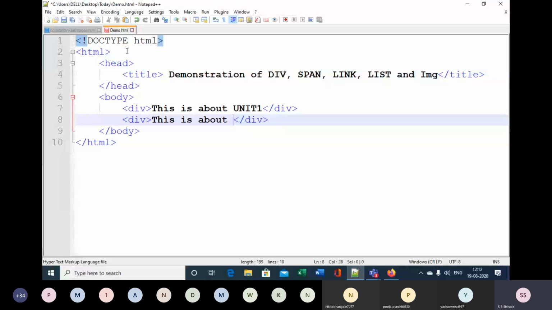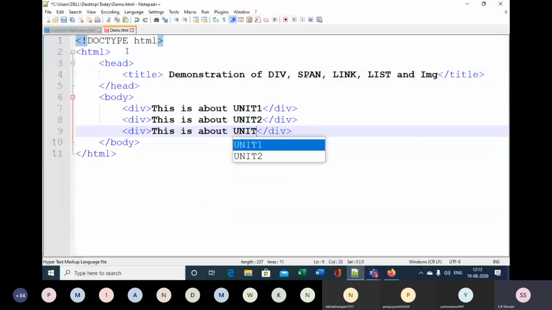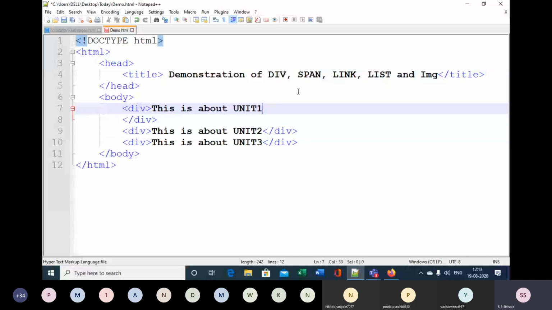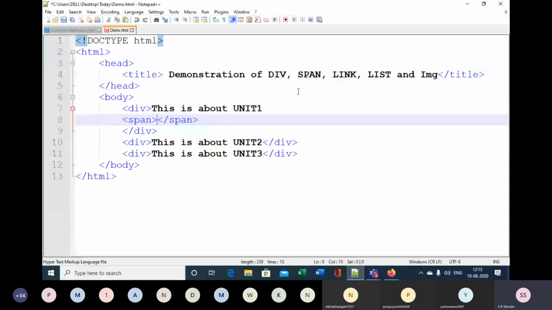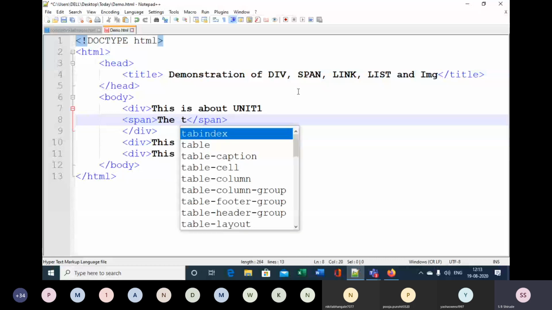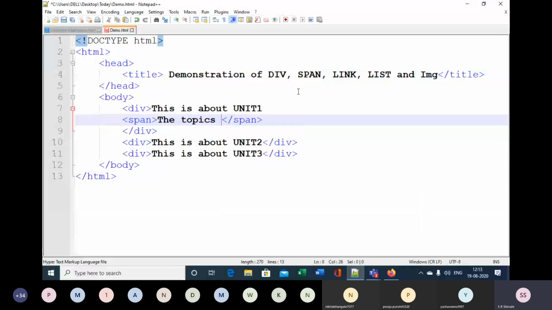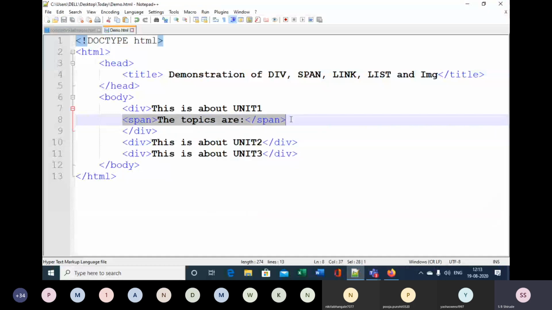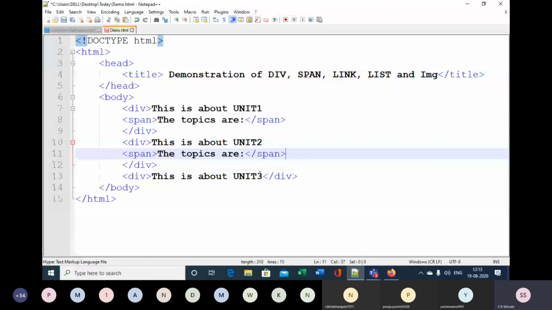Okay, and then here in the div you can just insert the span, and in span the topics are like that, and then again the same line topics are we can copy here in this. Similarly you can copy it over here, and then you can see the output.